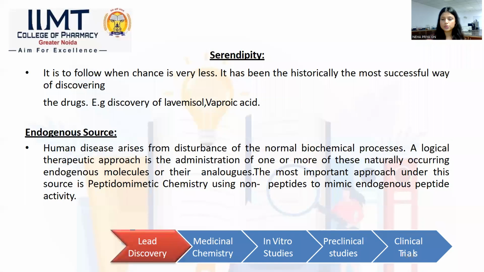But moving further, you need to understand serendipity. Basically, in earlier centuries, people used to work on serendipity. What does it mean? It is basically nasib, luck. If I'm having a lead, I'm making sure that, if possible, it will be able to cure the disease. If not, then it will not be able to cure that disease. But the chances and success rate in serendipity were very low as compared